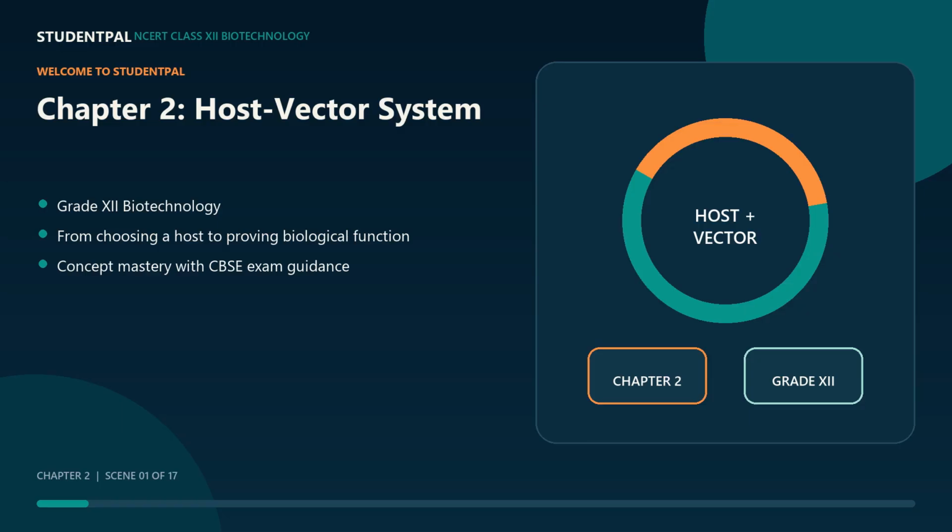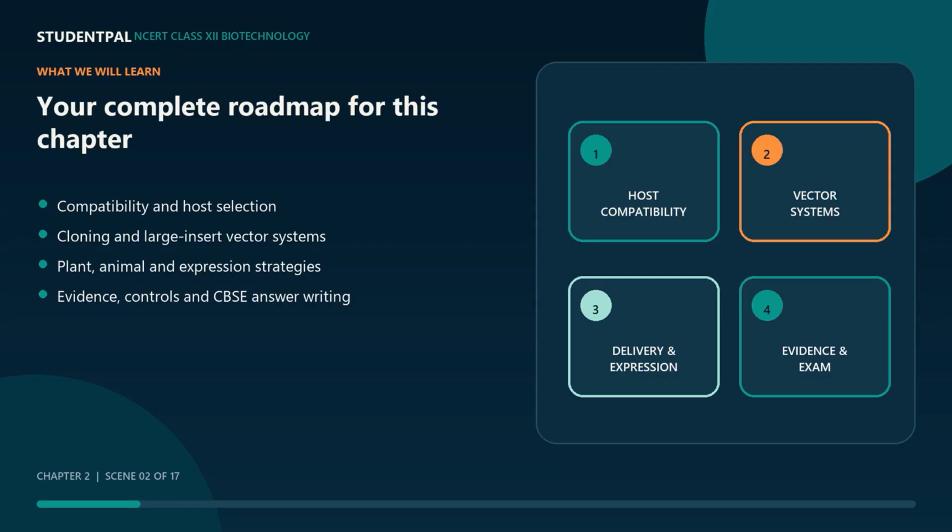Keep your notebook ready, pause whenever you need to study a diagram, and let us build the chapter step by step. Here is everything we are going to learn. We will first understand host vector compatibility through entry, replication or maintenance, selection and intended output. We will examine why Escherichia coli is widely used, where it has limitations, and when yeast, plant or animal cells are better hosts. We will study the essential anatomy of a cloning vector, including the origin of replication, selectable marker